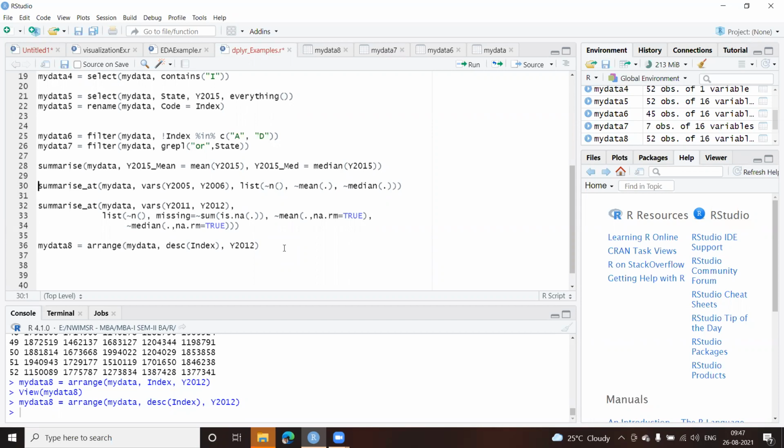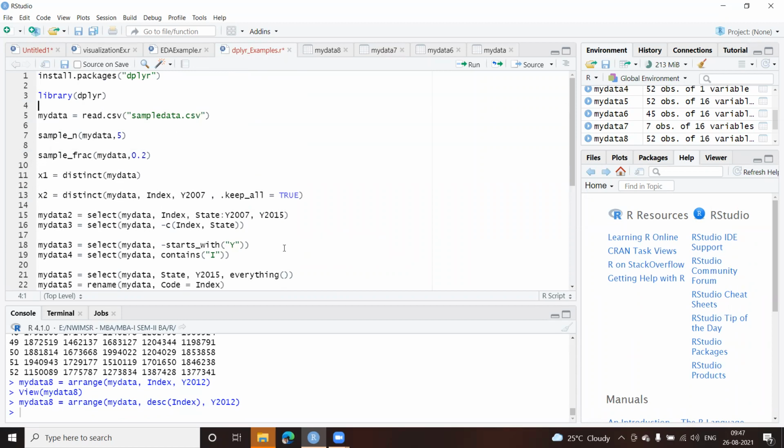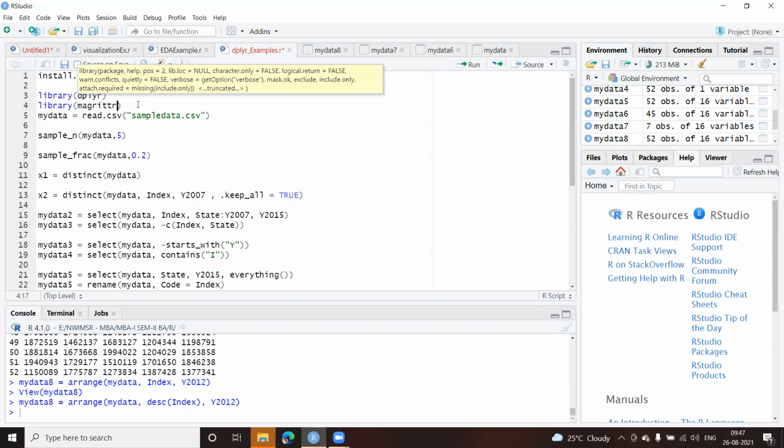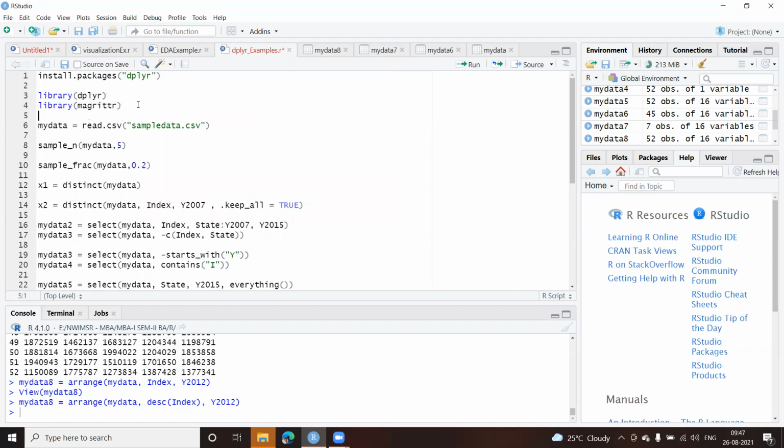Now that package we have not included here, so I'll include that package. So library, the name is magrittr. This is a package which is used for the pipe operator. So I'll use this package. I'll just run this.